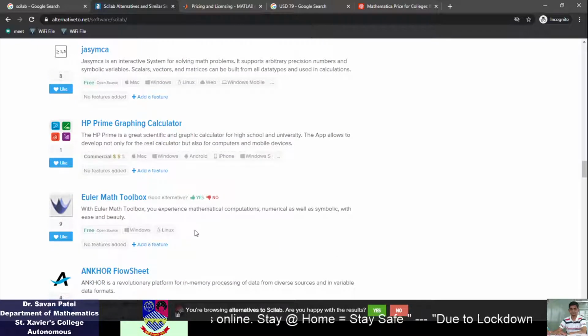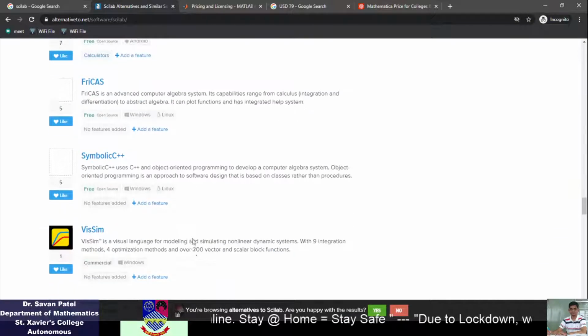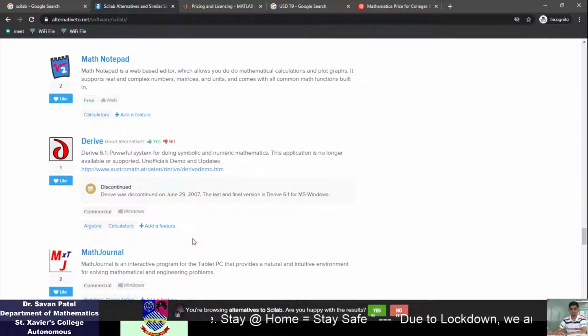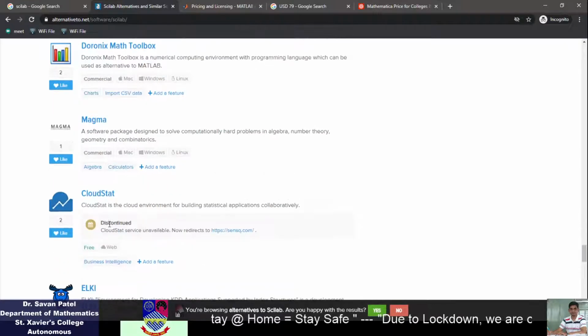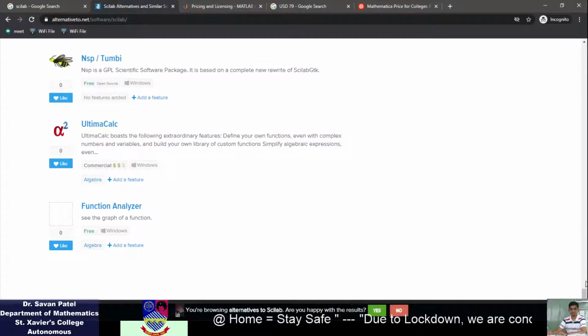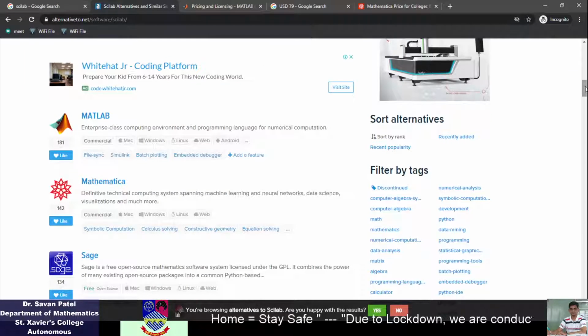Not all work exactly like Scilab, but they are similar. Scilab is open source, while some of them are commercial. And among all of these, the two famous softwares equivalent to Scilab are MATLAB and Mathematica.